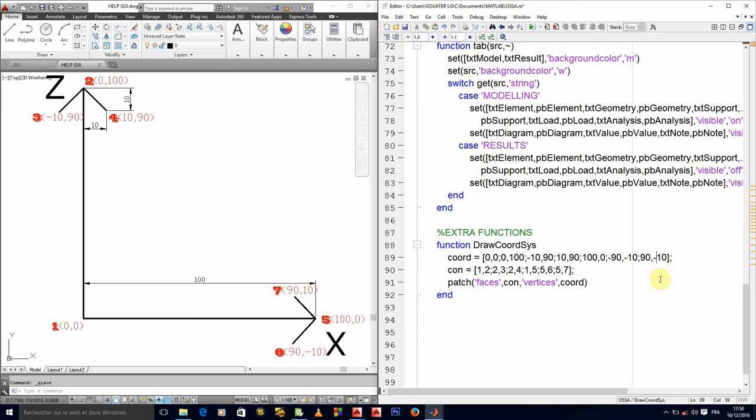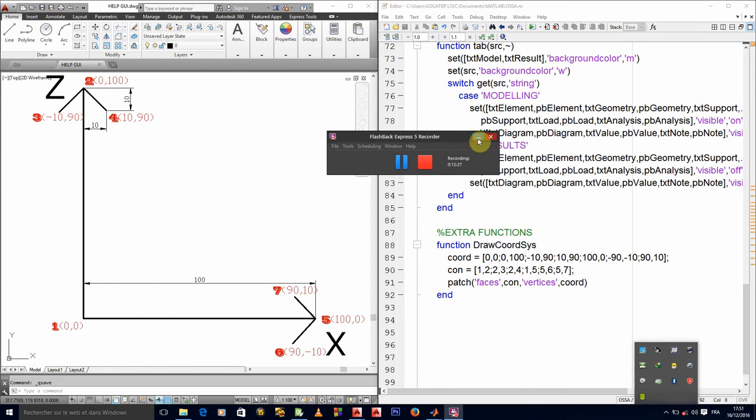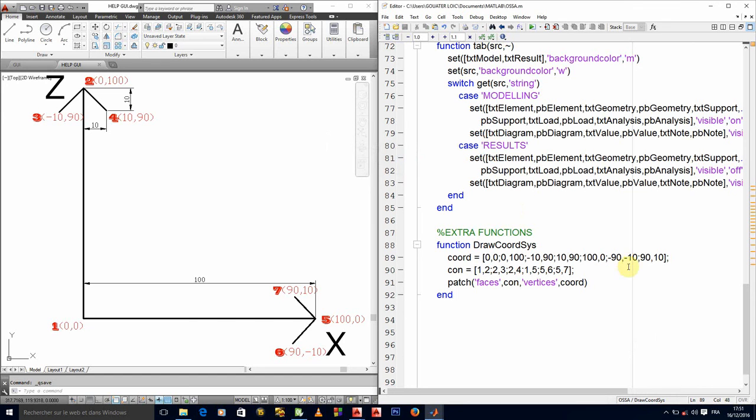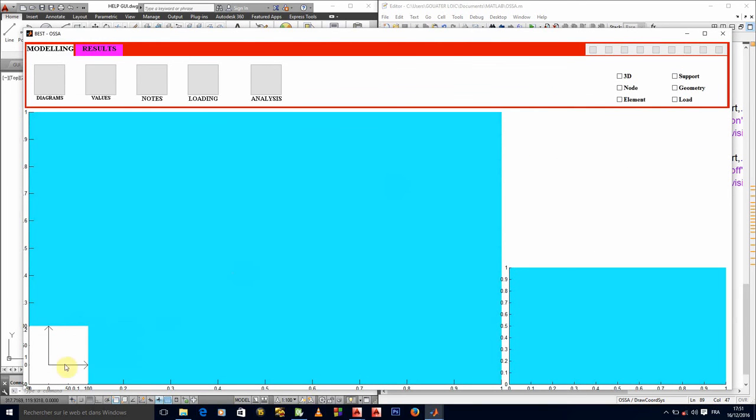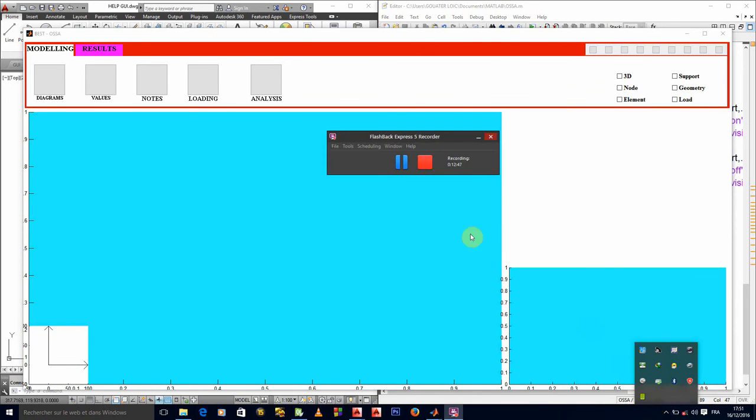No, come on. Our last coordinate is 90, 10. Yes, our last coordinate is 90, 10. Therefore, what is the problem? Okay, so you see the problem here is that we had a minus 90 here instead of 90. So let's run that. Okay, so you can see that is our axis. So we'll continue from here in the next lecture. Our time here is past. Thank you.